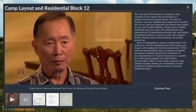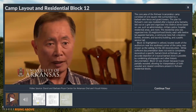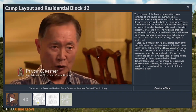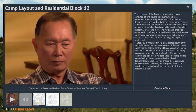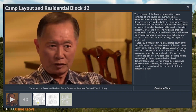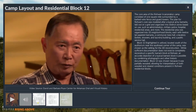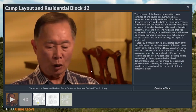They were barracks, army barracks with tar paper covering, and they were arranged in very military style, and the mess hall was in the middle. It was a block like this, and about a dozen barracks all in a row, and in the middle of the block was the mess hall, the laundry room, and the shower, and we all...